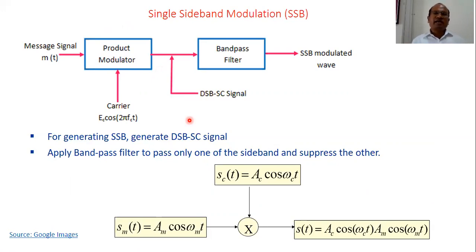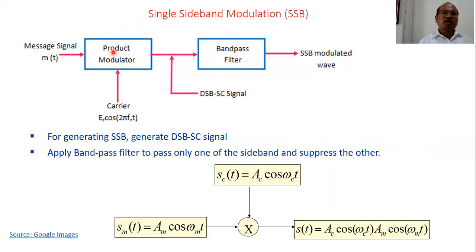We can generate it directly by using a product modulator, or we can also generate DSB-SC by using a balanced modulator. So here in this diagram, a product modulator is used. As its name suggests, product modulator